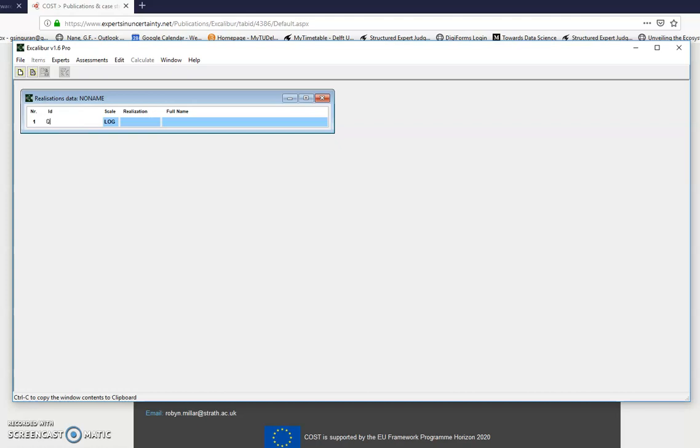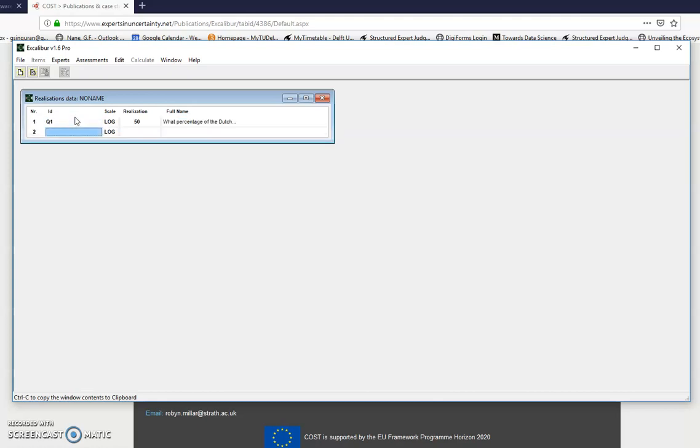So that's question 1. We can use the ID, and then we have the realization, and that was 50 for this question. We can also enter the name, so that is what percentage of the Dutch, and then filling in the entire question. Well, we can do that for all the questions, but that will cost some time, so we'll skip it for now. We have the second question, which